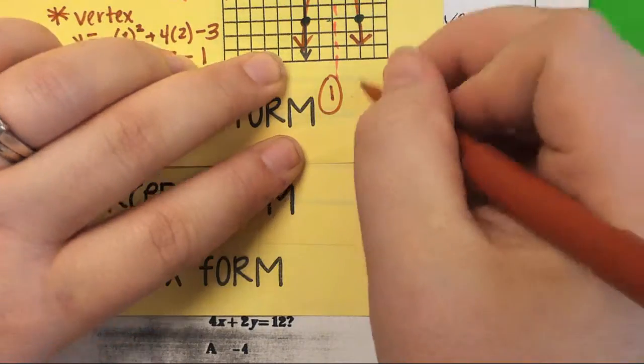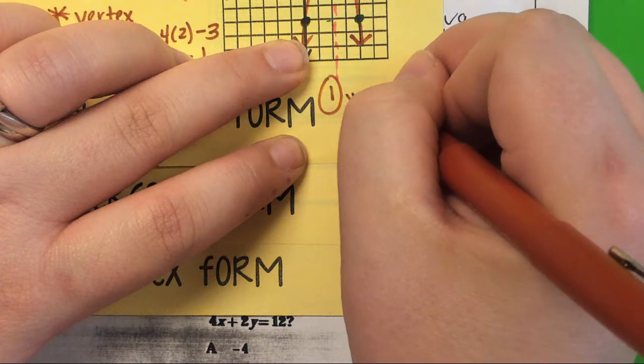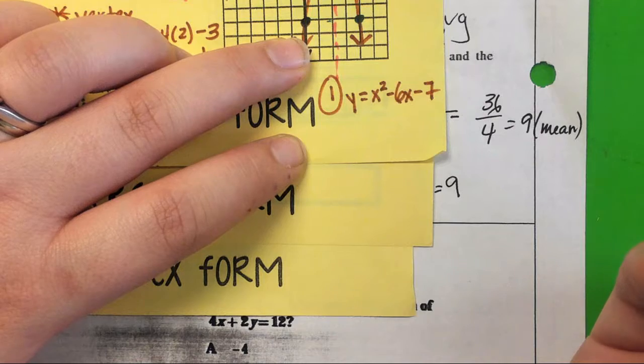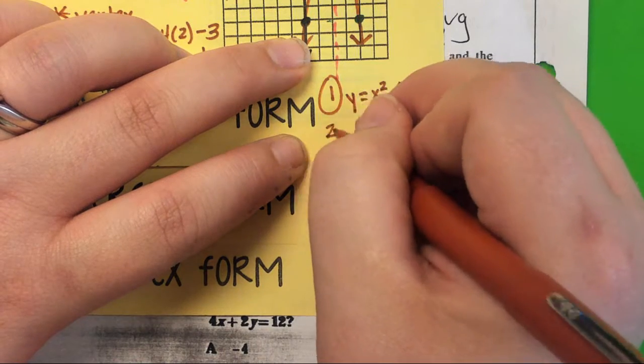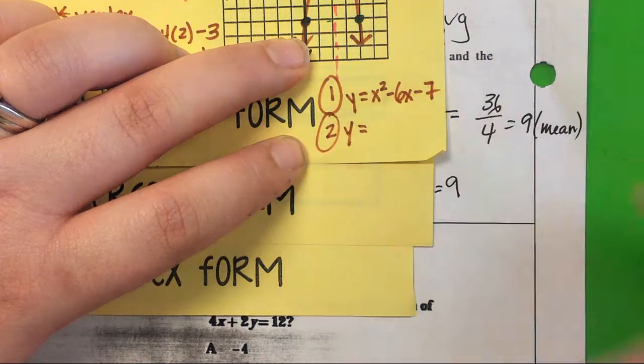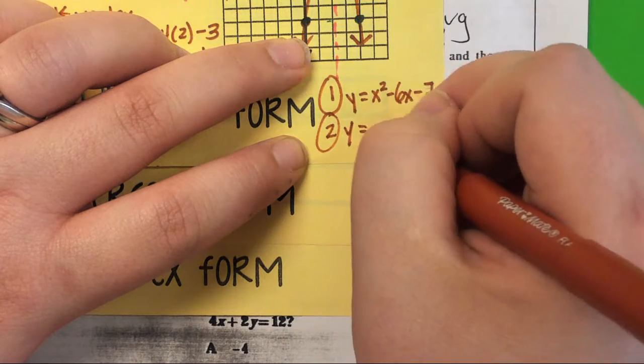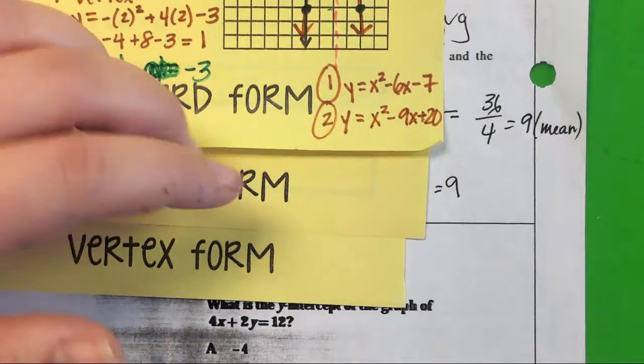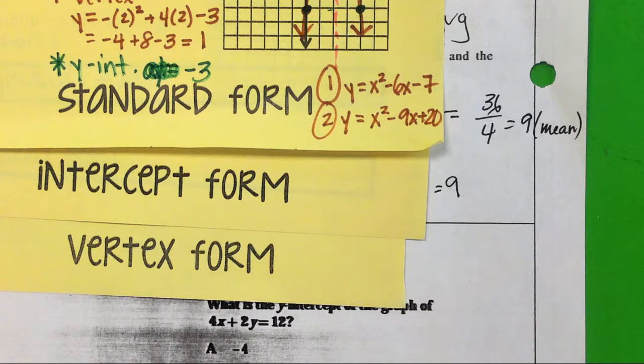For, let's say, y equals x squared minus 6x minus 7. Wonder where I've seen that before. And 2, y equals x squared minus 9x plus 20. I know it's annoying because you just dealt with those 2 equations. You've already graphed those 2 on Desmos before. But this time, it's just you. You figure out, if you want to find the roots, great. But you find that axis of symmetry,